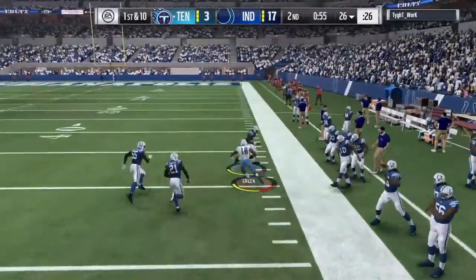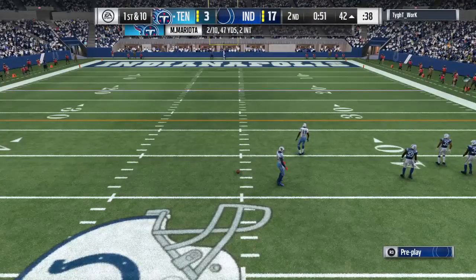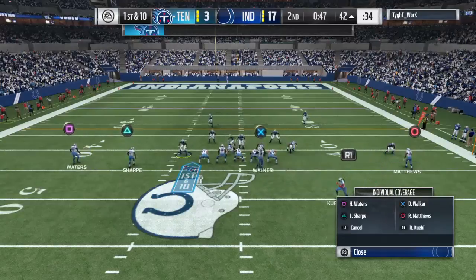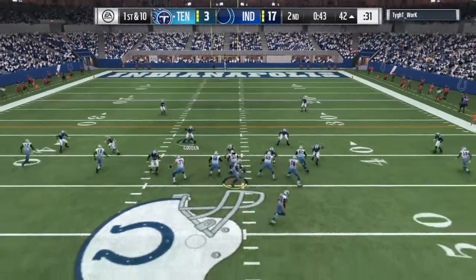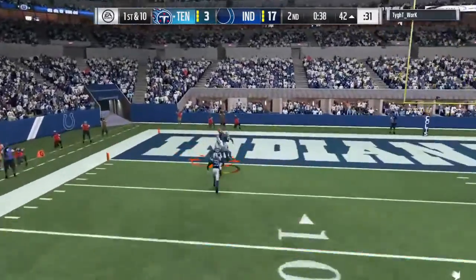Rashard Matthews here on the catch. And he's taken down, but not before getting this across midfield and just shy of the 40. There will always be a place for methodically marching the ball downfield. But when you can pick it up in big chunks and strike like that, have explosive plays, that's often the...